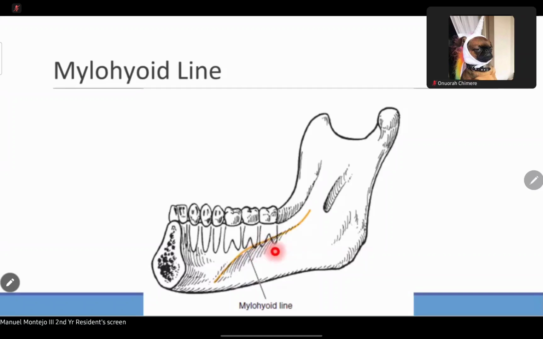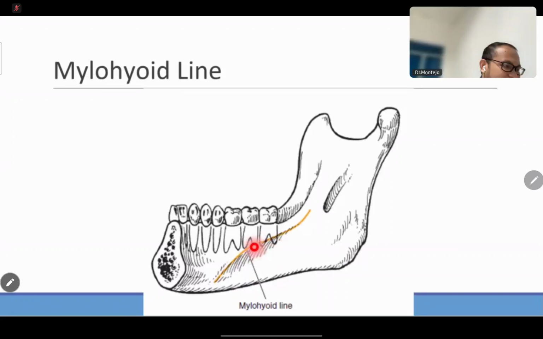Up, doc. Up. No. Ah, down. It reaches down, no? It pierces inferiorly. While your first molar and your premolars, they are superior to the mylohyoid line. No? So why? What is the importance of that? It is for the succeeding slides. So take note, this is an important structure, the mylohyoid line.